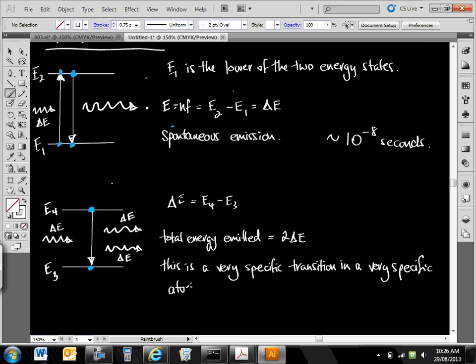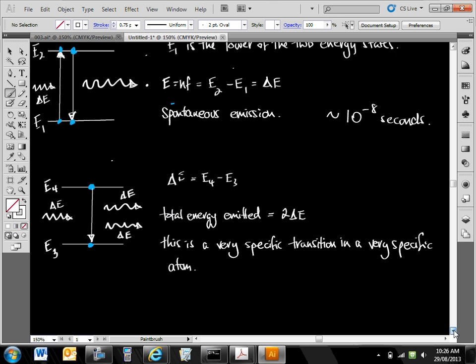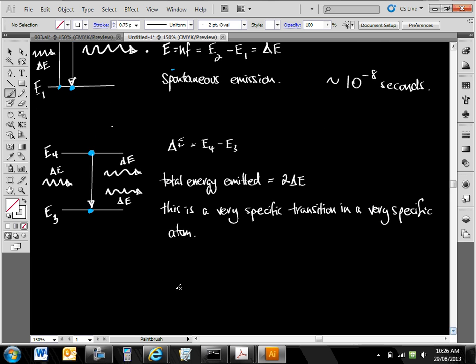It doesn't happen with all atoms. It happens with very, very specific few, and physicists in the, well, actually, I don't know. The application came about in the 1950s, thereabouts. But they worked this out, and because of this, they were able to come up with the idea of this,